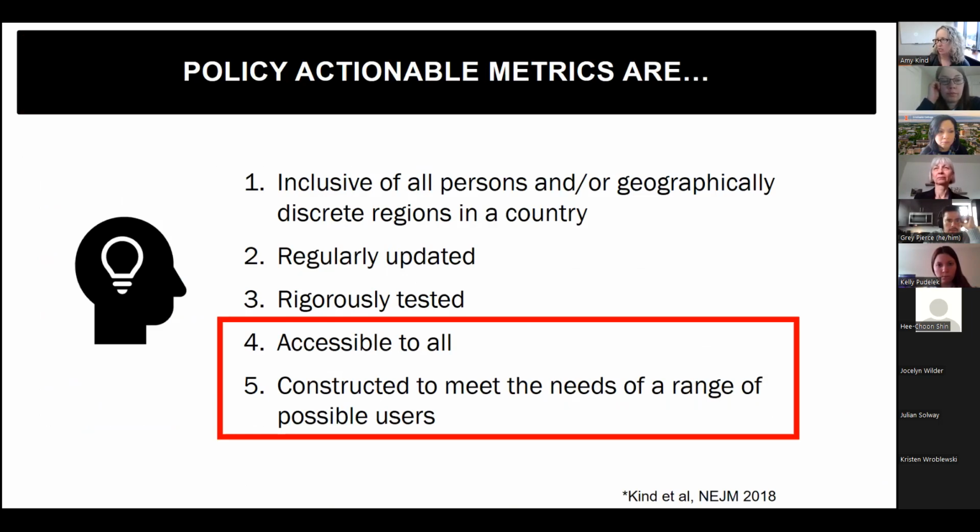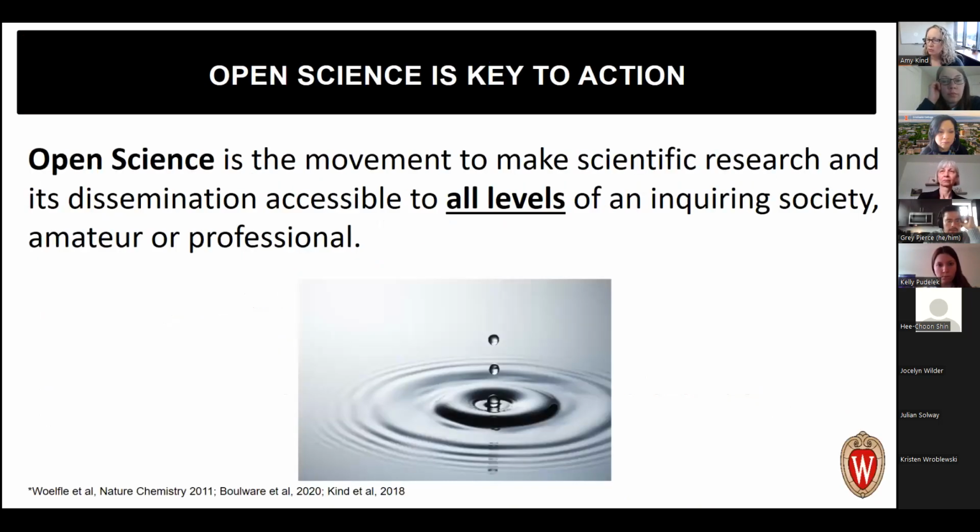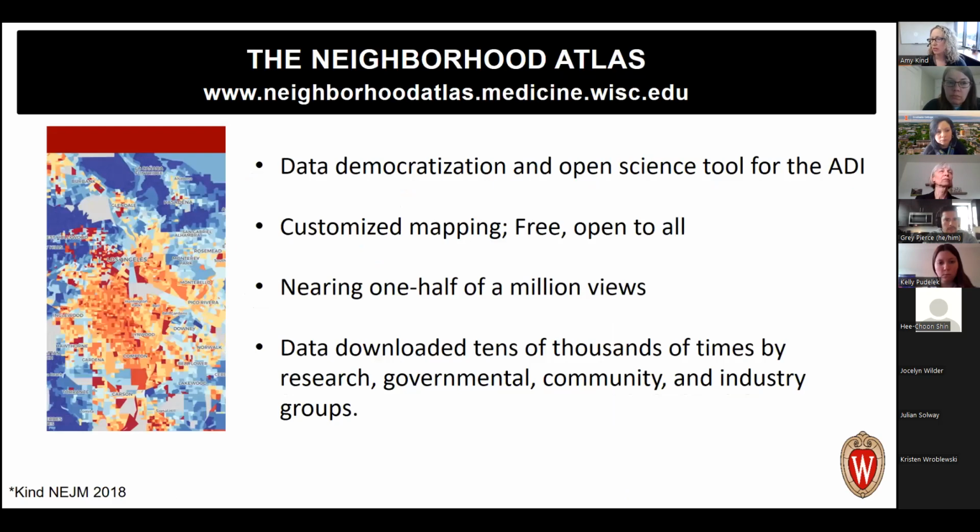lead to policy change. And so we really have been adopting and embracing open science principles, and particularly the type of open science that's called data democratization. So not only do we make the scientific parameters available to anyone within the research audience, but we're doing our best to try to make them accessible to anyone regardless of their education. So our goal is, if you can use a smartphone mapping app, you can use these metrics, and that's what we're trying to do and have been trying to do.